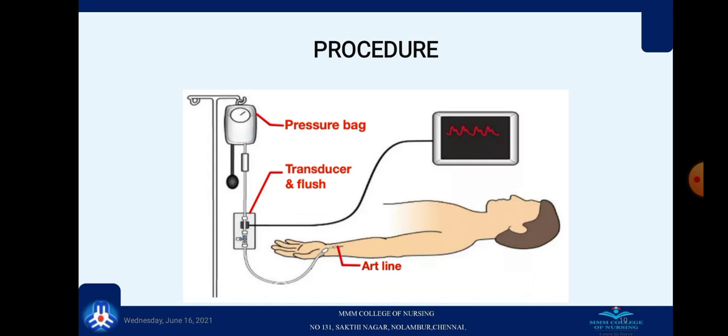Perform the Allen test to assure adequate collateral blood flow if using the radial artery. Wash hands and don gloves. For the radial artery, the arm is restrained, palm up, with an arm board to hold the wrist dorsiflexed. Apply anesthetic agent. Locate the pulsating artery via palpation. Cleanse the area selected for arterial line placement and stabilize the artery by pulling the skin taut.